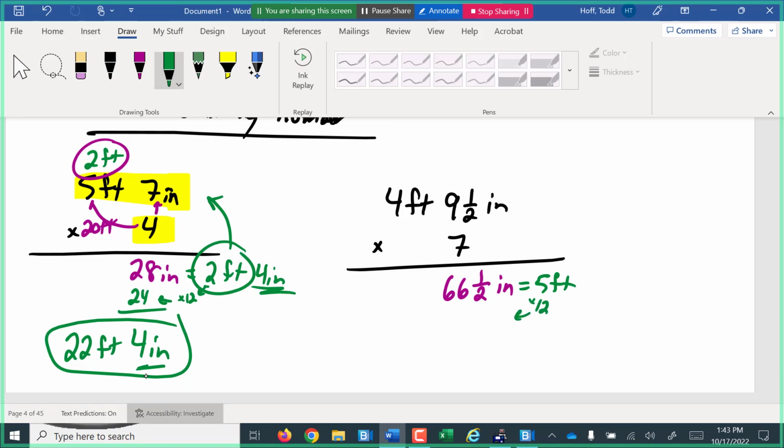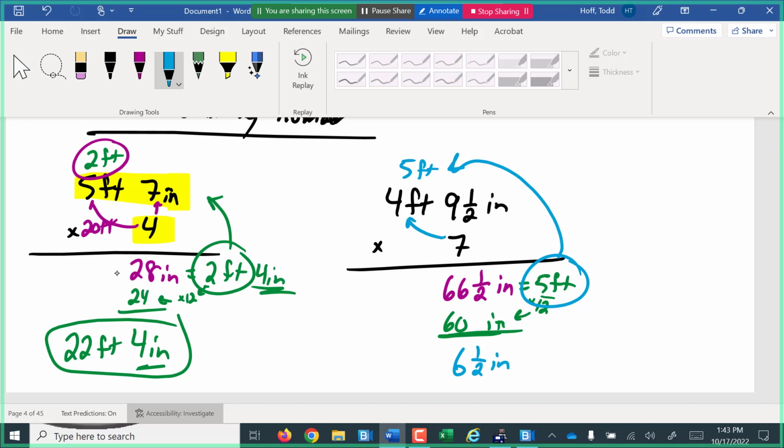To figure out how many inches that was, what's 5 times 12? 5 times 12 is 60 inches. So that 5 feet used up 60 inches. If I subtract, how many are left over? 6 1/2. So we keep our 6 1/2 or 6.5 inches. We're going to carry our 5 feet. Now we have 7 times 4 feet, which is 28 feet. Plus 5 is